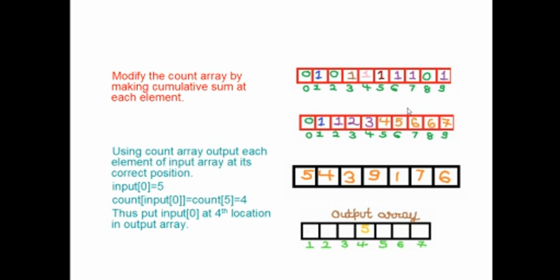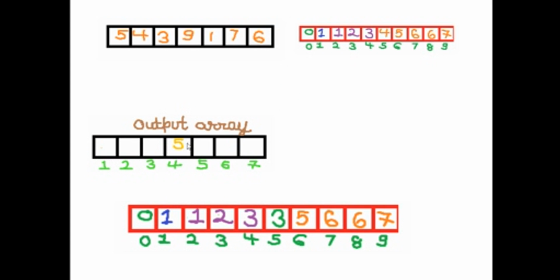Now using this count array, we can have an output array, meaning the sorted array. How? Let's see. Pay attention here. You have 5 in the input array. Now go to the fifth index in the count array. You'll see 4 at that position. At the fourth position in the output array, print 5. Please pay attention that here I am using one indexing to make my work easy in the output array. Let's see it more closely. Now we have inserted 5 at its correct position and we have decremented the counter here from 4 to 3.